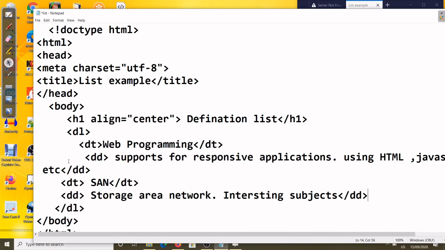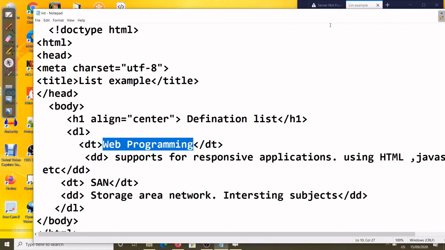So you see here, we started the DL and here we close it. Inside that, one DT, where you can write the topic name, closing it again, then the DD defines the subject, the definition of that subject, whatever the contents. An FAQ is also the same: you can write a question and then an answer, then again a question, then an answer.